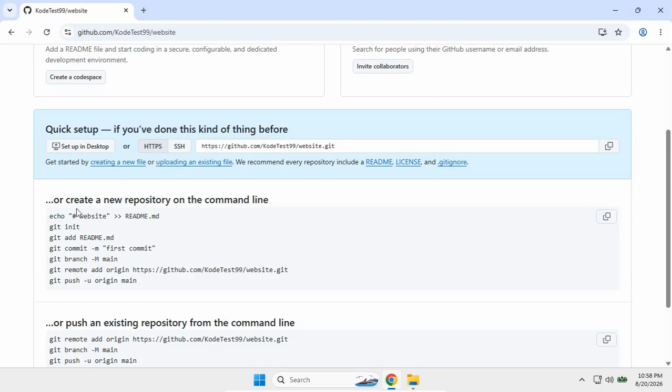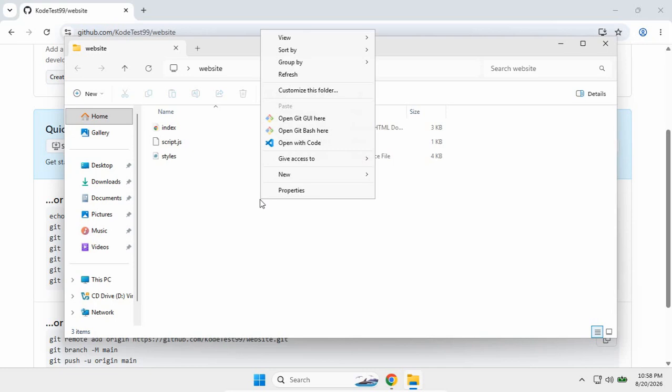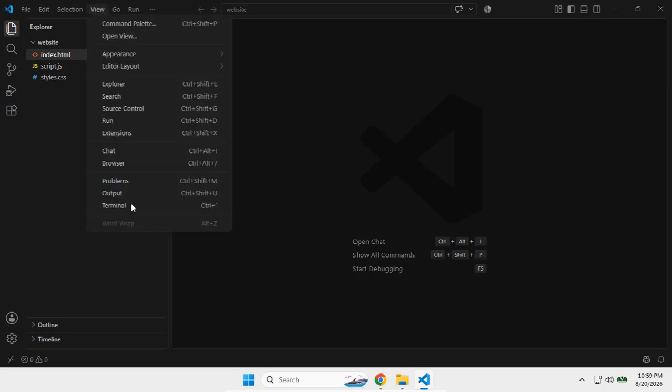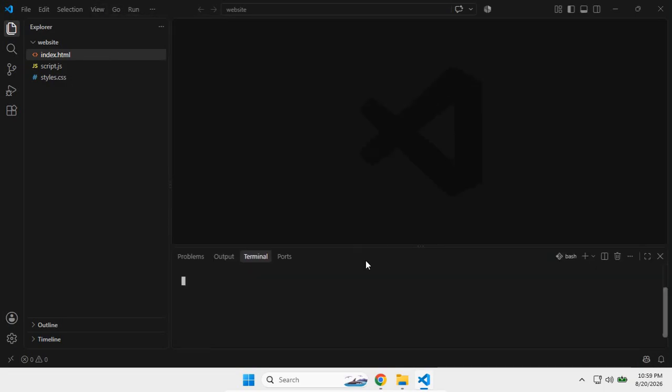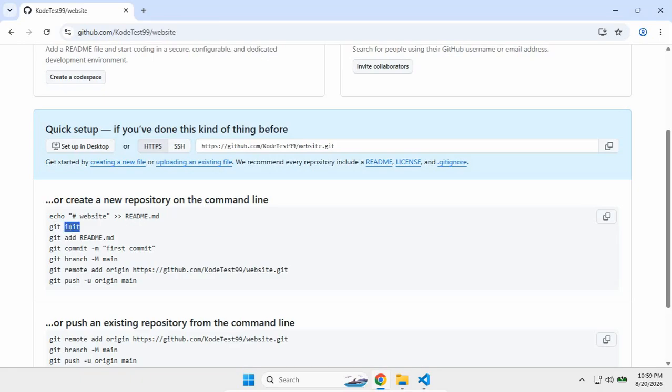Now we need to run this command to push our website to GitHub. So in the folder, simply right click and click on open with code. You can push it using whatever tool you have, but in my case I will go with the VS Code editor. Now in the VS Code editor, simply go to view, click on terminal, maximize it. Now go to GitHub website, copy the first command,